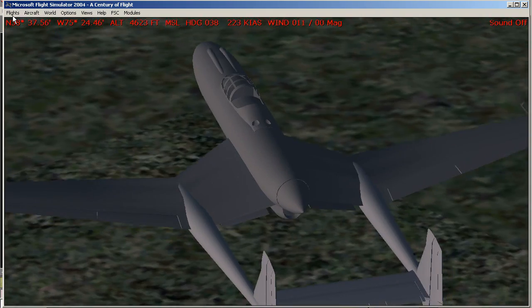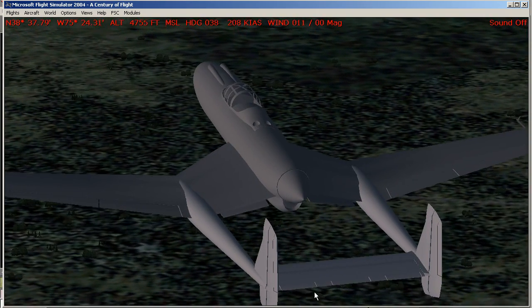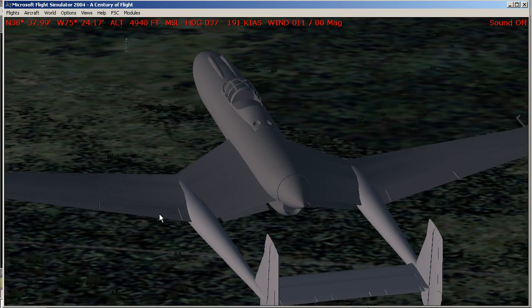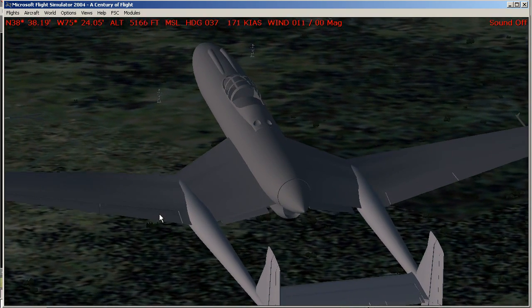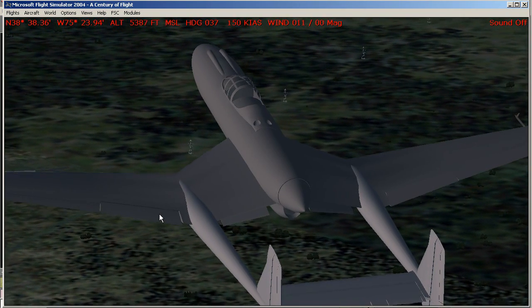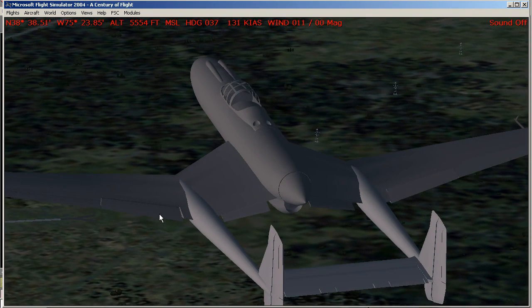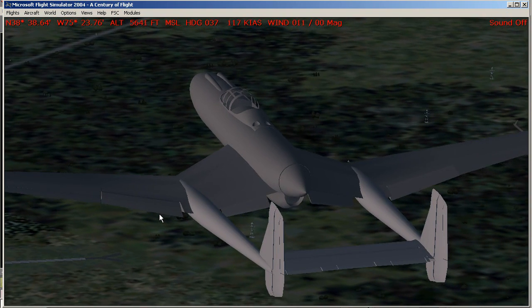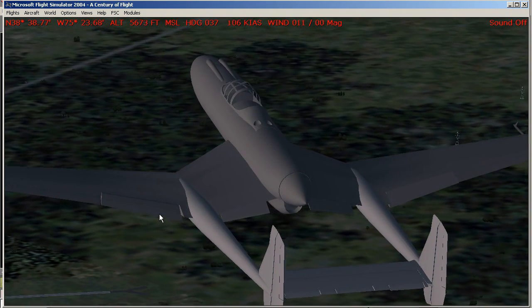Kind of zoom in here and you can see how nicely the control surfaces stand out, that they are not a solid piece across here. And if we weren't going so fast, we could probably deploy some flaps here. I've got them set up to deploy kind of slow, but you can see them coming down. So the flap pivots we set on the flaps are